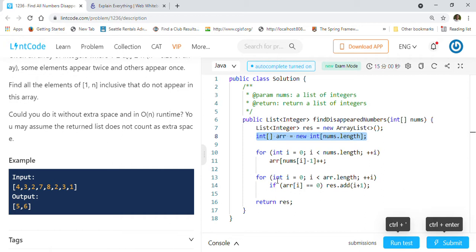They are asking whether we can do this without creating any extra data structure like an array or list. The list we have to return is not counted as extra space, so that is fine. But is there any way we can remove this array and still find the disappeared numbers in the given array?